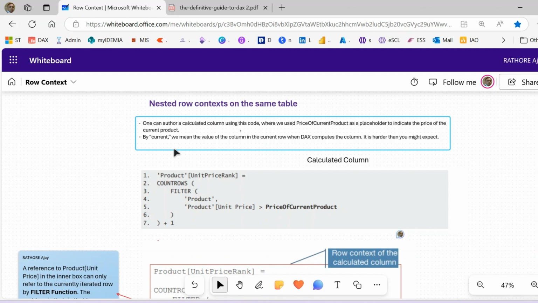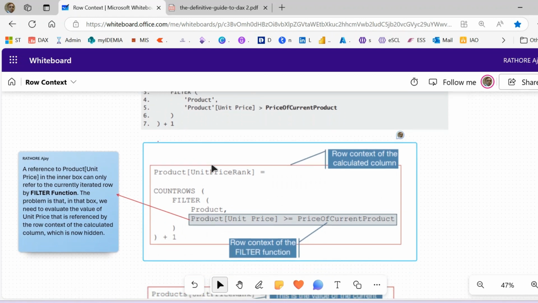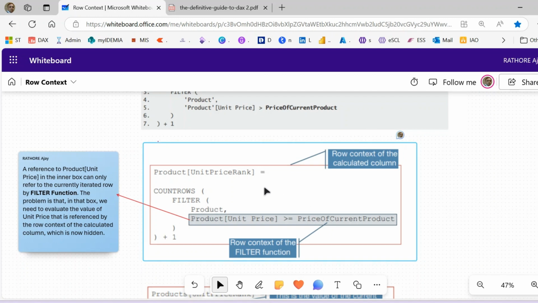To understand this, I'll show you the second screenshot, in which I will explain the different row contexts available in this code. Here you can see there are two boxes, one inner box and another outer box.